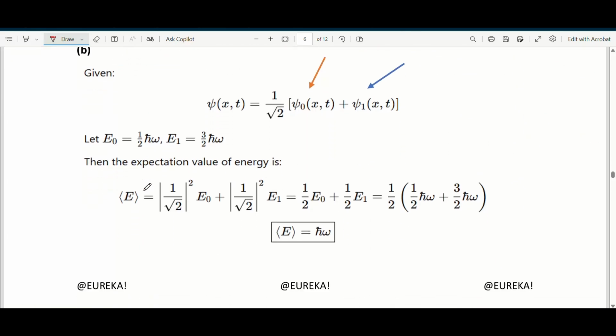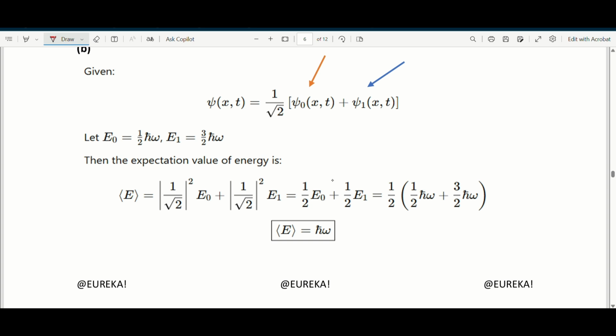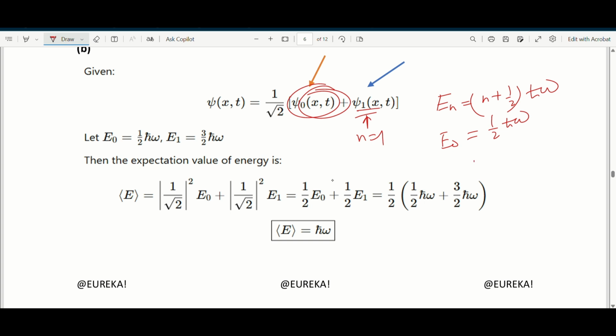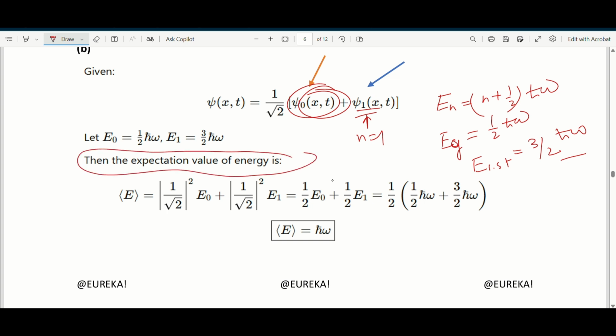That's very easy. For a harmonic oscillator in general, the energy is (n plus half) h-bar omega. For the ground state n equals 0, so E0 equals half h-bar omega, and for the first excited state n equals 1, E1 is 3 by 2 times h-bar omega. Now the expectation value is nothing but